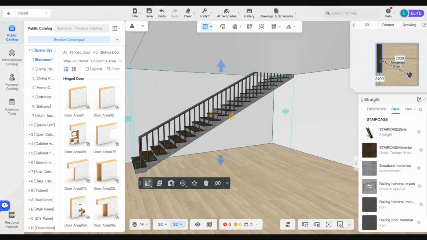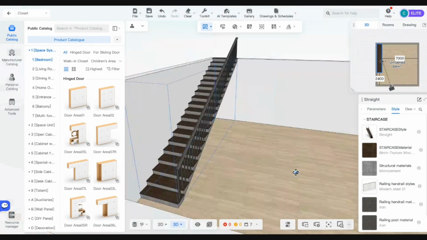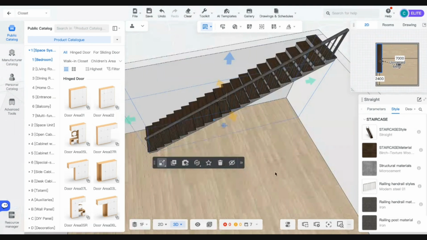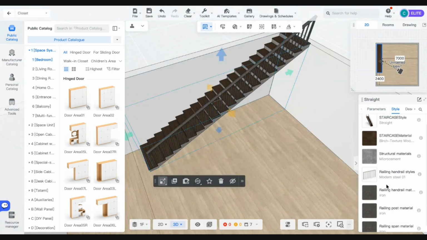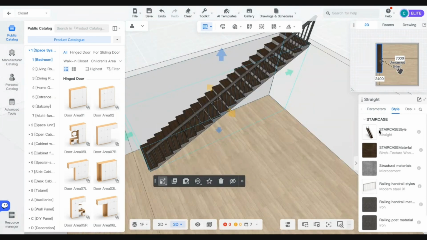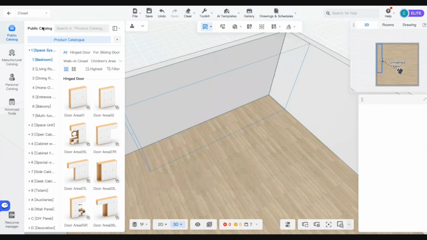So actually, this feature is very similar to the feature we have in the architects, which is where I'm opening an interior design project. So this feature actually also exists in architect, but here we already published a new one, like the staircase style or something related. Okay, so if you go back,